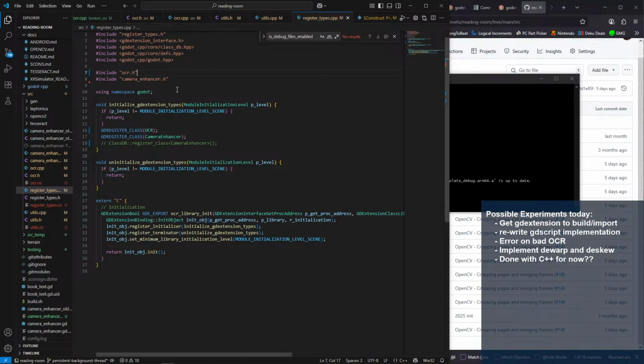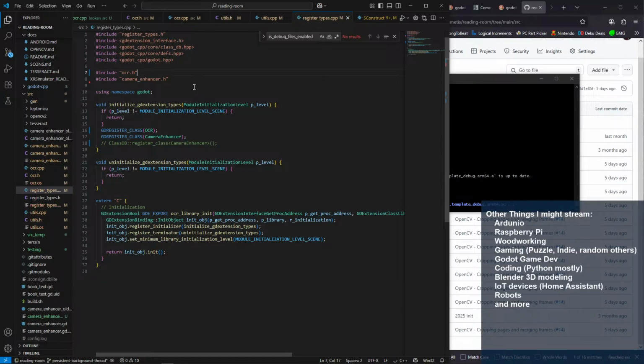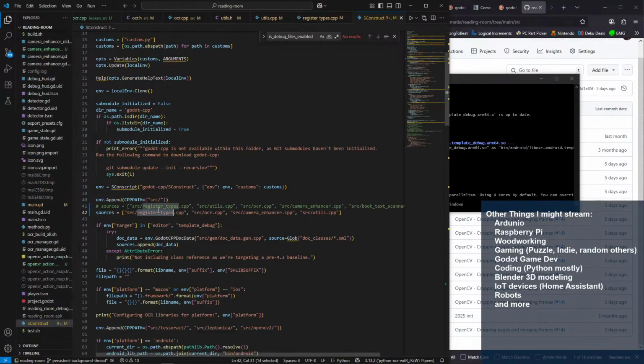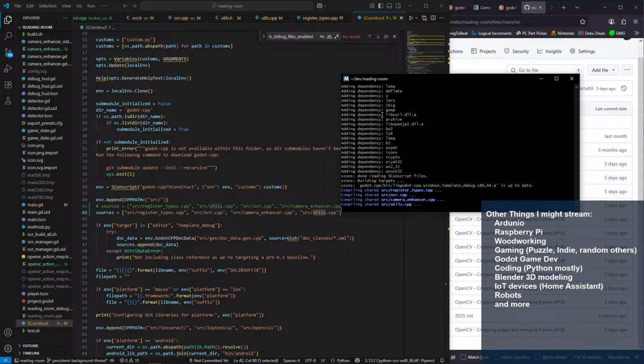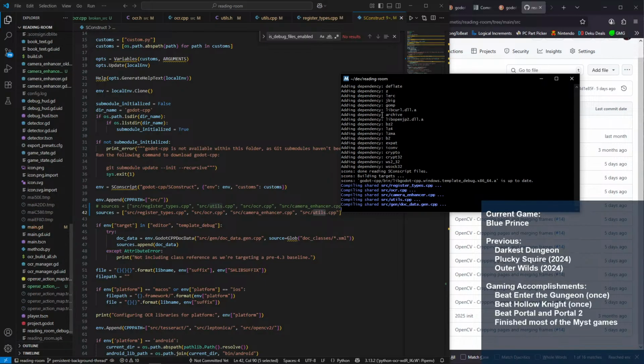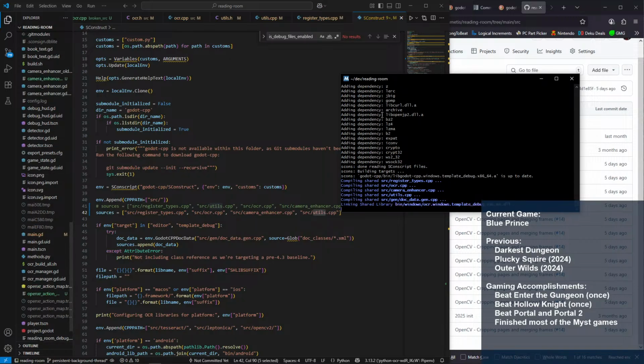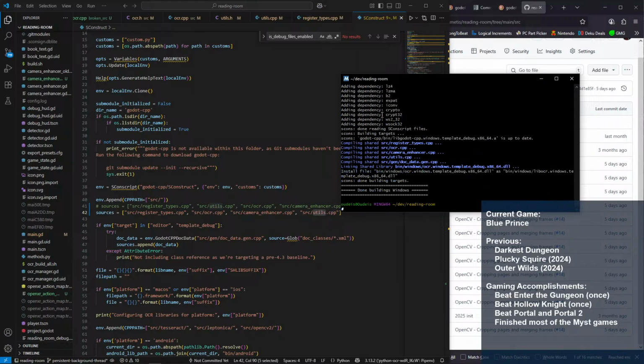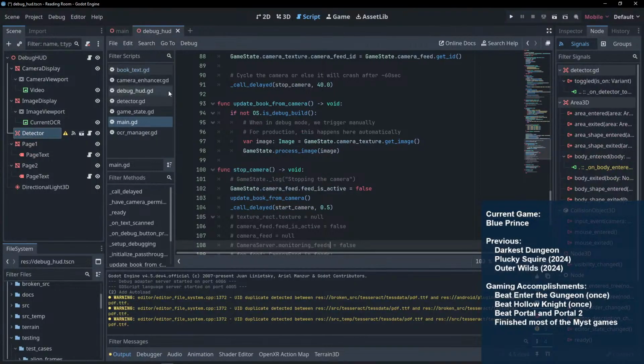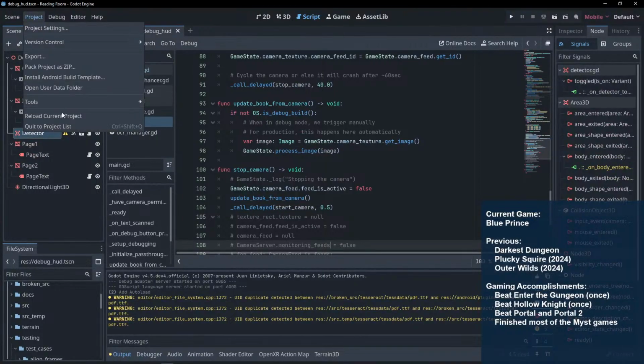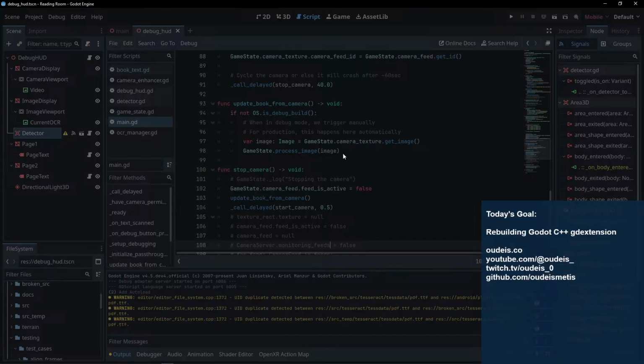And it makes references to OCR and camera enhancer. So I don't think this order matters here. I don't think this needs to be the first in the list. But if this fails to load right now, I may test that theory just to confirm it. And if this doesn't work, I'm truly just going to gutter the whole file and try again from scratch.